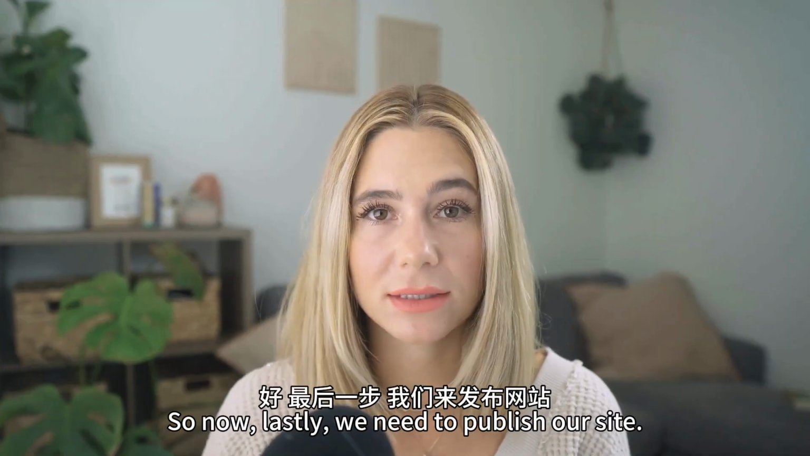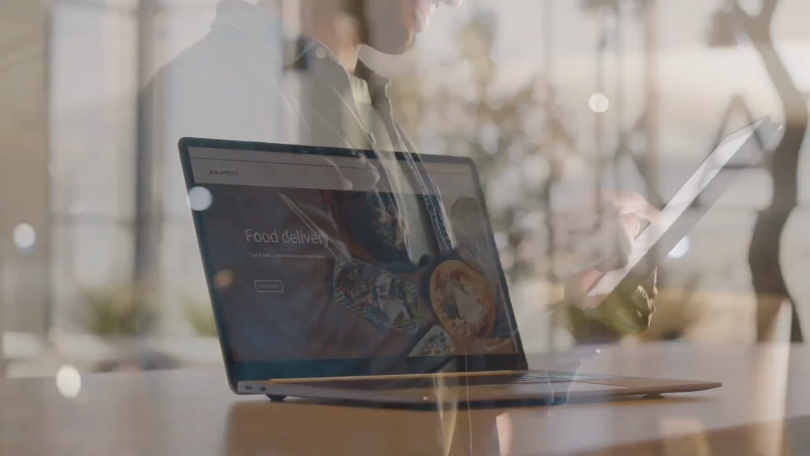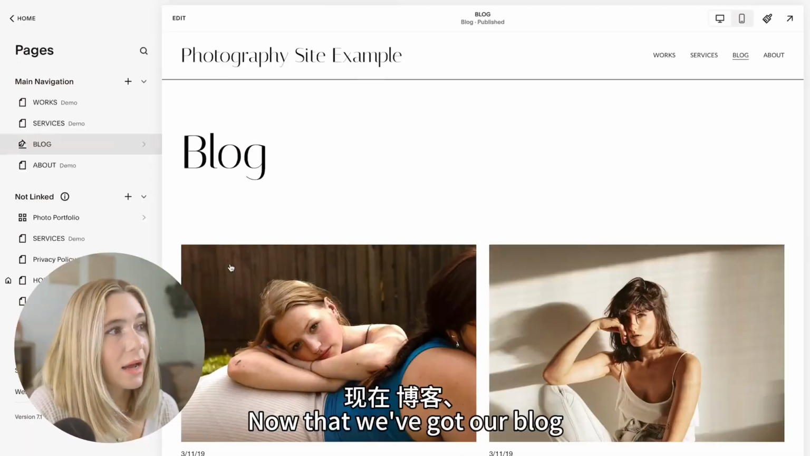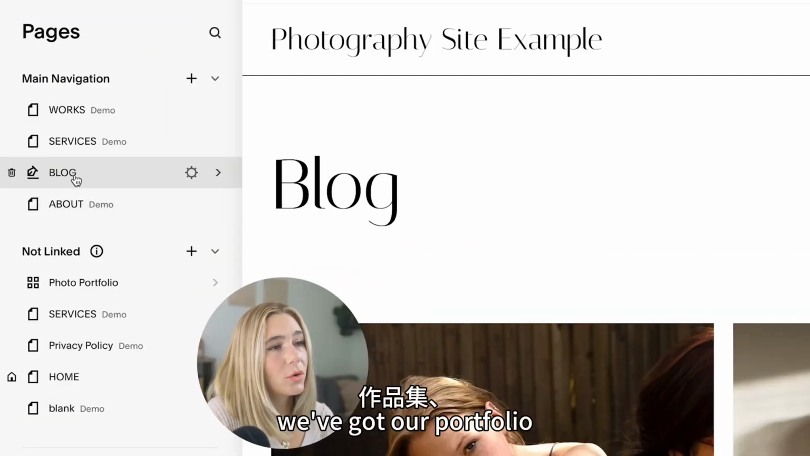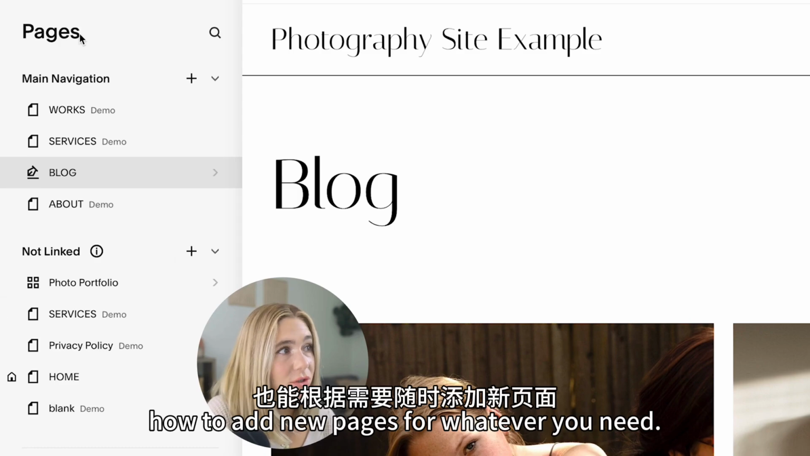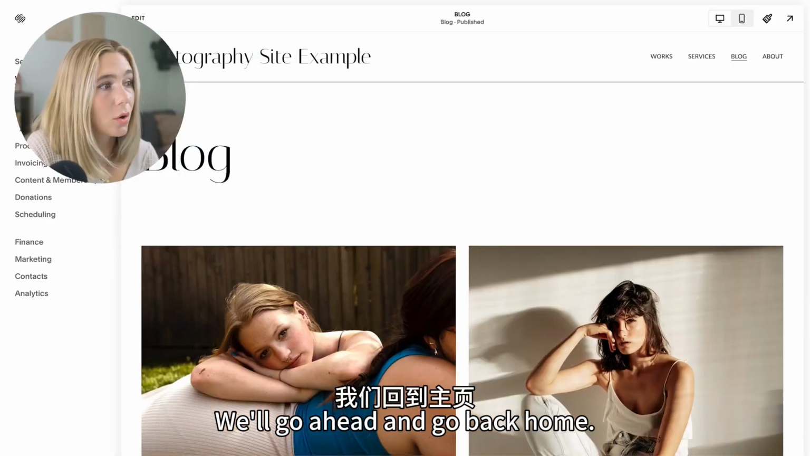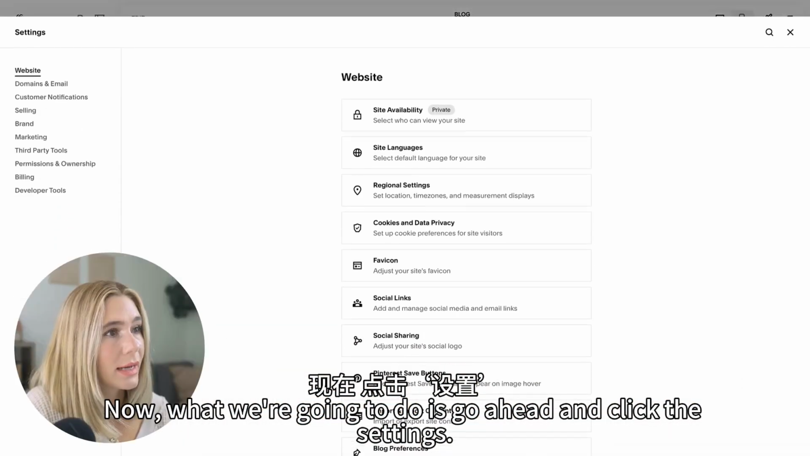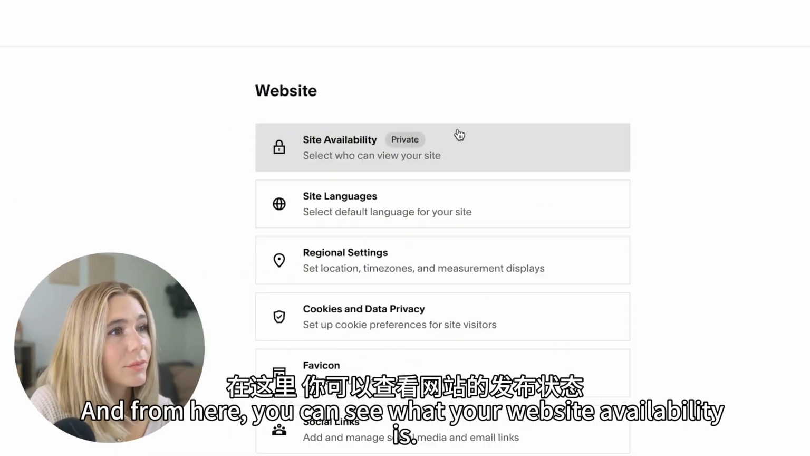So now, lastly, we need to publish our site. So let's go ahead and do that. Now that we've got our blog, we've got our portfolio, we've got our homepage, you understand the different pages, how to add new pages for whatever you need, we'll go ahead and go back home. Now what we're going to do is go ahead and click the settings, and from here you can see what